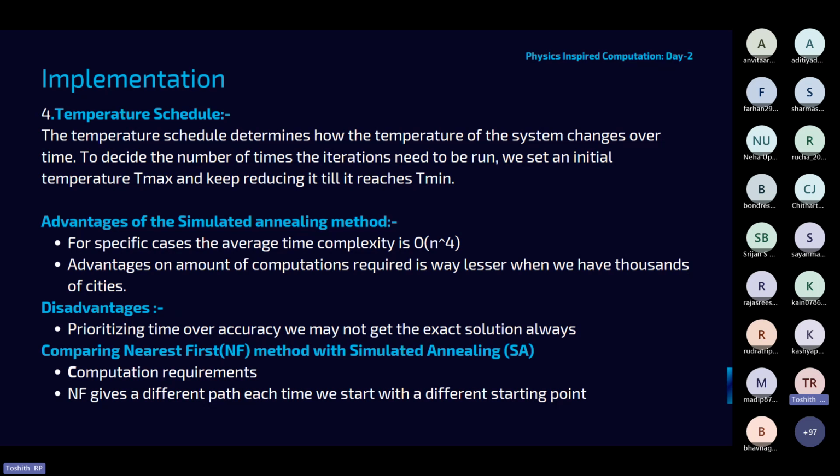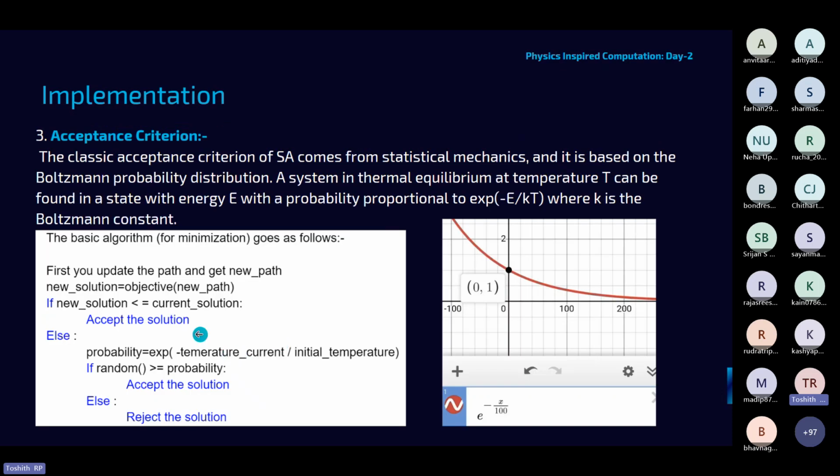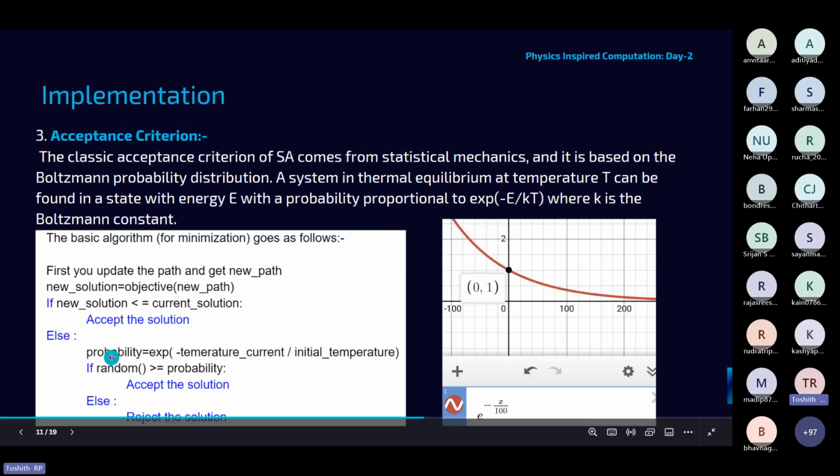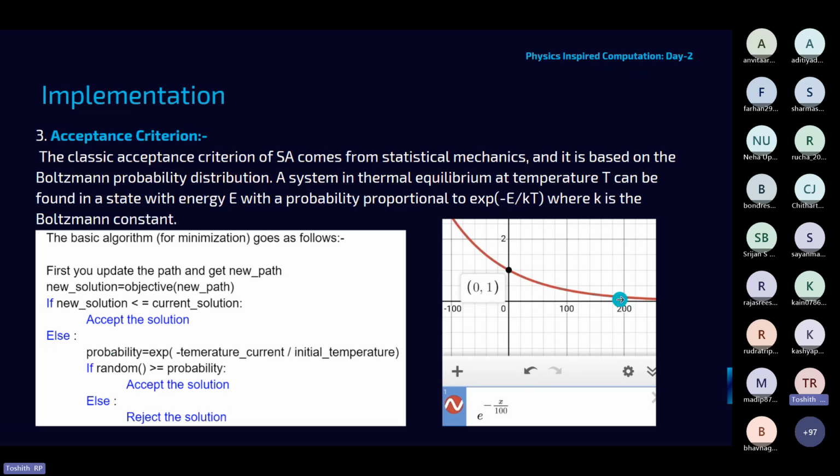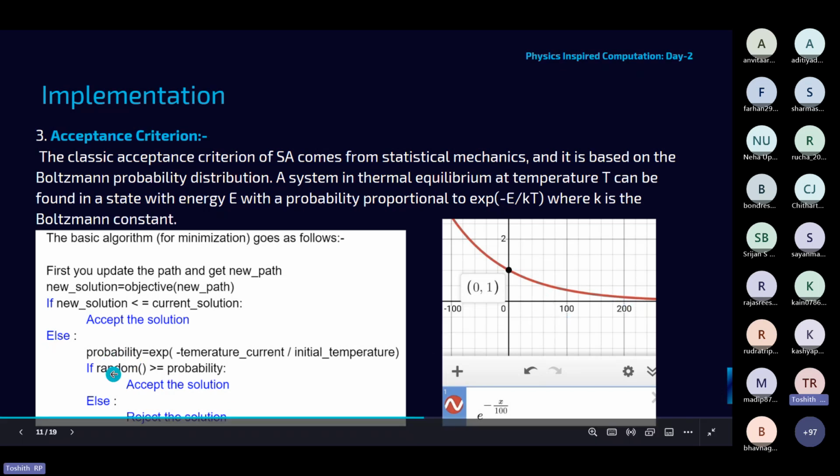And then as the temperature is high, let's say you get a worse solution than the present place where you are, which is the minima. As the current temperature is still high, probability will have a value which is lesser. So the probability that we accept the solution increases, as probability is not close to one. It is lower at a higher temperature. So the probability of accepting a worse solution increases.